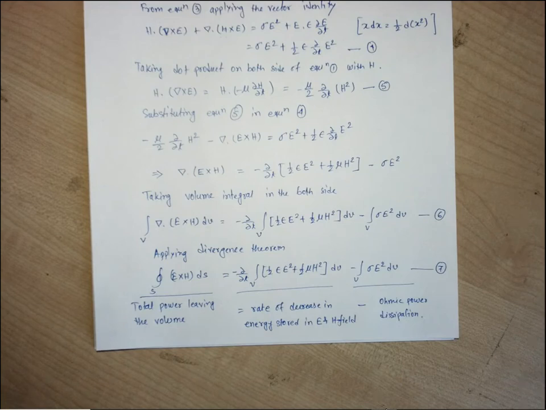Rate of decrease of energy stored. So total power leaving that closed surface is equal to the rate of decrease of energy stored, the rate at which the energy is stored in E and H field,